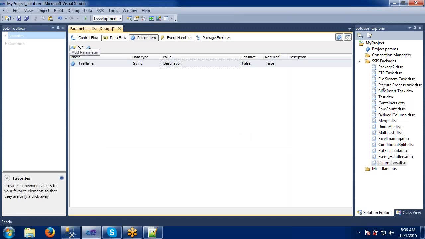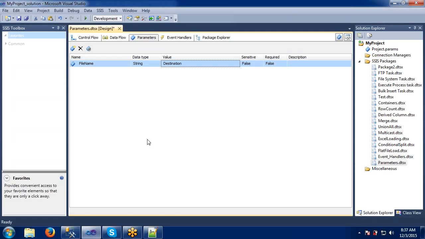Now in any package we can call these project level parameters. Means if we define anything in the project parameters, it can be useful in all the packages. That's the main thing, very important that we need to understand here. Okay, let's start with the package level parameter and then we will start with the project level. So till now everything is clear or do I need any clarification? You can continue. Yeah, thanks.